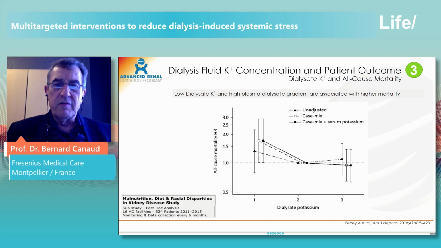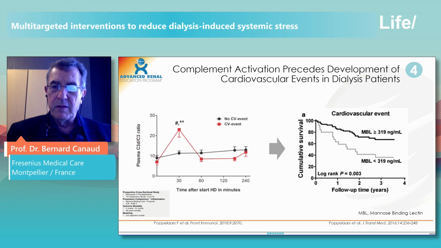The third element is, of course, dialysate potassium concentration, and particularly the change in potassium is very associated with higher risk of mortality. This is coming from the Kalantar-Zadeh group, showing that, of course, with dialysate potassium, if you are using 2 or 3, the risk is limited. That means the gradient between the dialysate and the plasma is relatively low, meaning that the fluxes are very low. Now, if you are using a dialysate potassium of 1, you see the impact on mortality, and that clearly is associated with arrhythmia, as shown a few minutes ago.